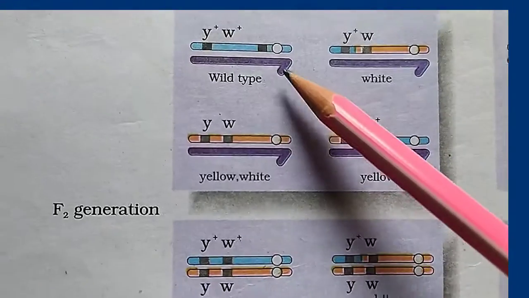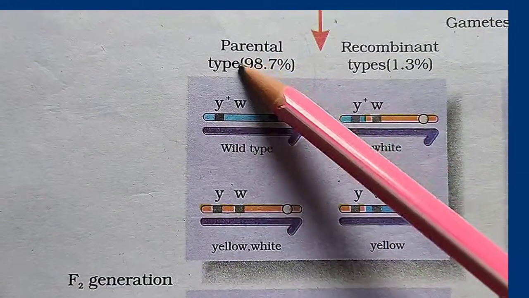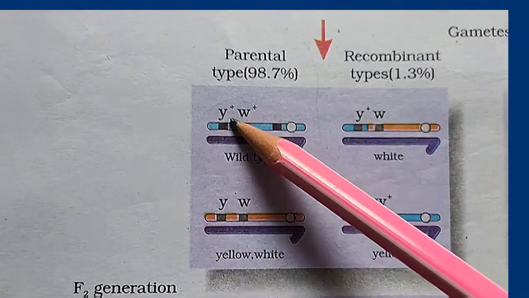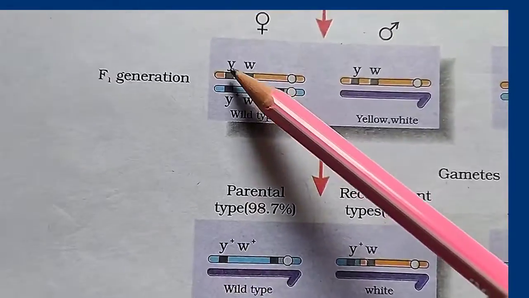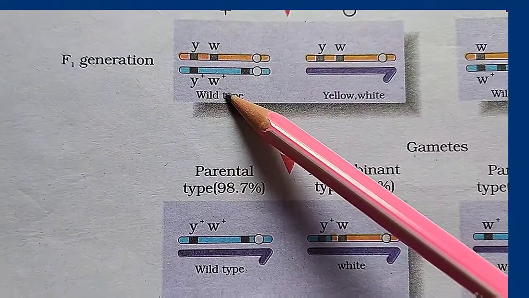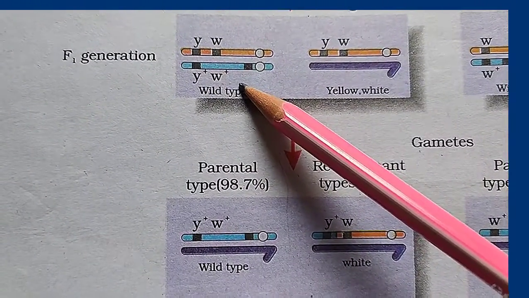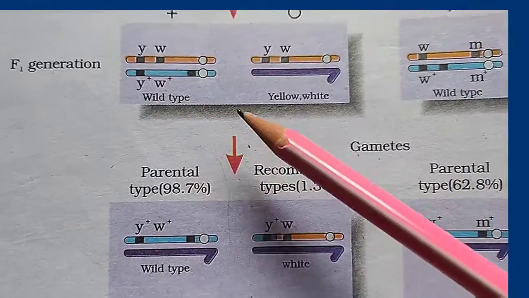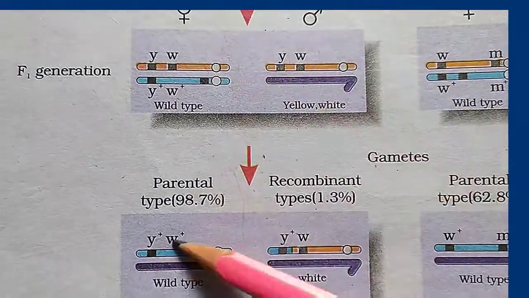So these are parental type. Parental type means by linkage, chromosomes are not segregated. y plus w plus genes are not independently segregated with y w genes, right? If there is crossing over,